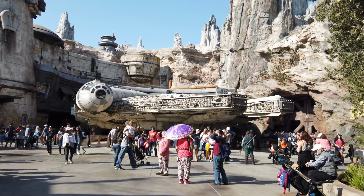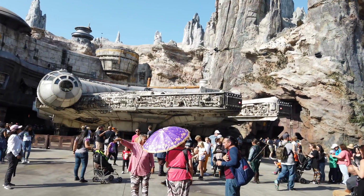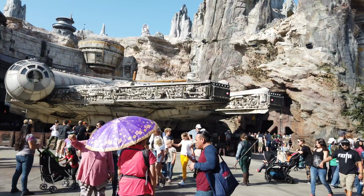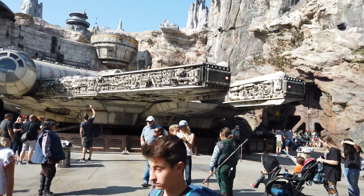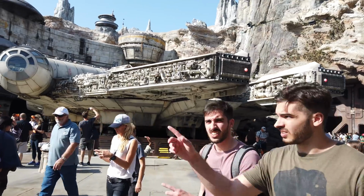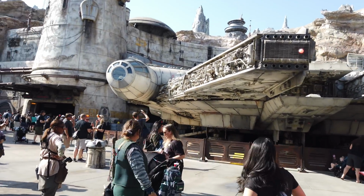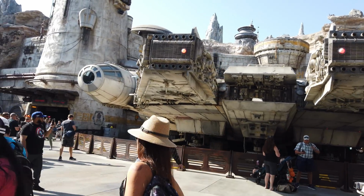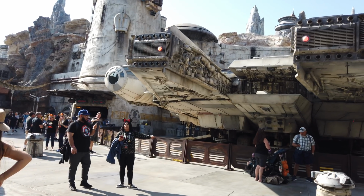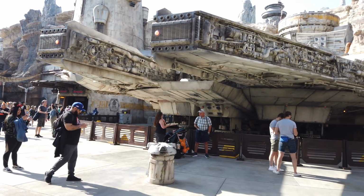But this right here, this is the Millennium Falcon, a life-size reproduction of the Millennium Falcon. This is a reason to come to Galaxy's Edge just in and of itself. It is really impressive. And I will say Disney spared no expense on Galaxy's Edge. And I know there are tons of hardcore Star Wars fans that say, well, it could be better, and it's not as immersive and the rides aren't that good, but I think it's pretty cool just to come